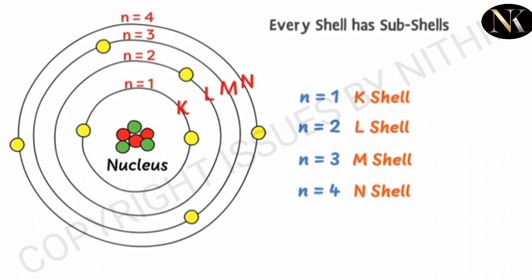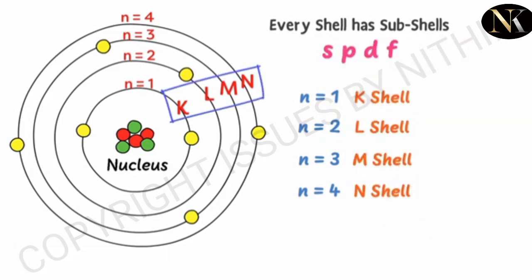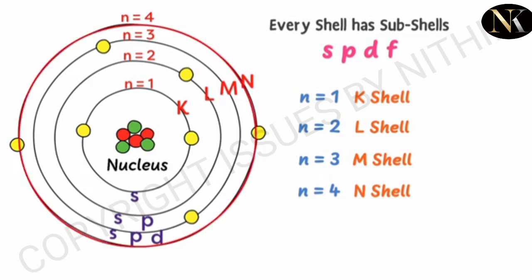Secondly, every shell is divided into subshells or sub-energy levels. Subshells are denoted by s, p, d and f. So K, L, M and N are main shells, while s, p, d, f are subshells within main shells. The first or K shell has only one subshell, s. The second or L shell has two subshells, s and p. The third or M shell has three subshells, s, p and d, while the fourth or N shell has four subshells,